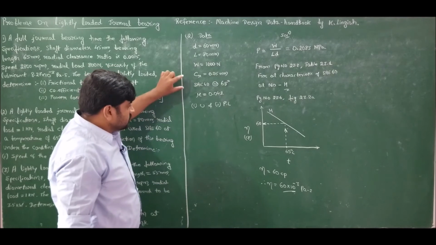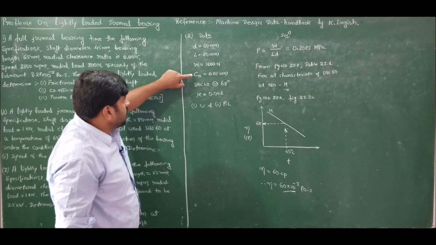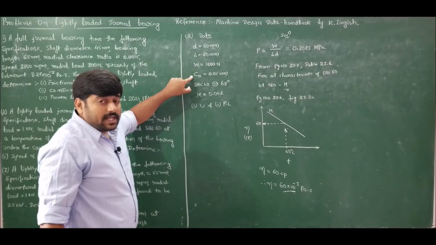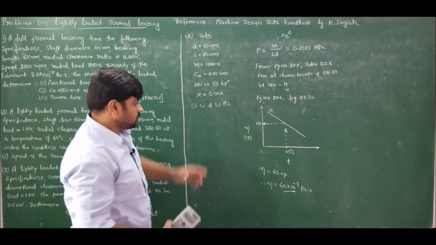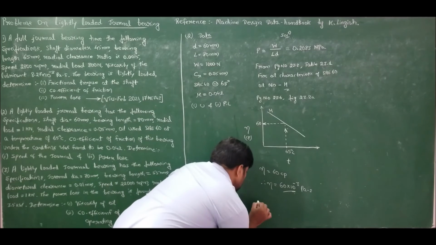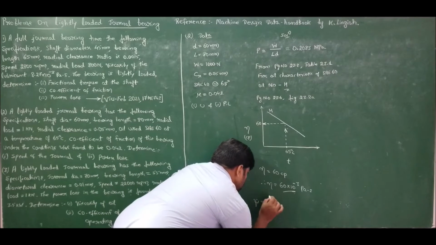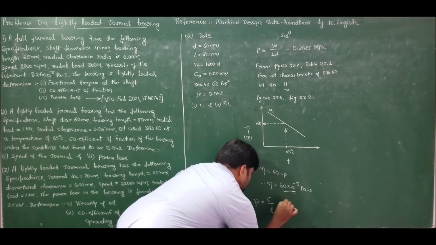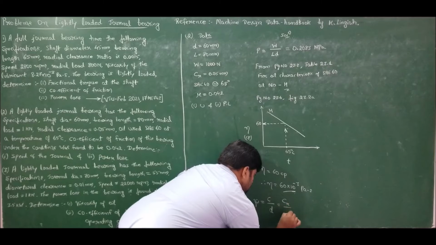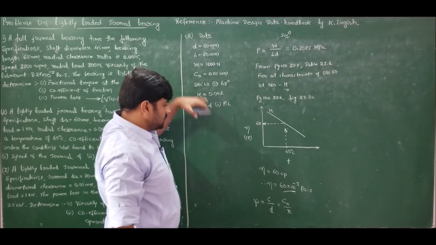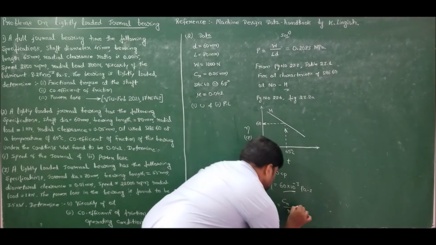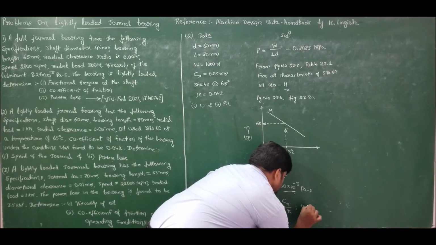So before moving ahead, I want diametrical clearance ratio, but he has given radial clearance, and you people already know that diametrical clearance ratio xi is equal to diametrical clearance divided by diameter, or it is also equal to radial clearance by radius, right? Here he has given radial clearance divided by radius. So therefore, how much you will get xi as